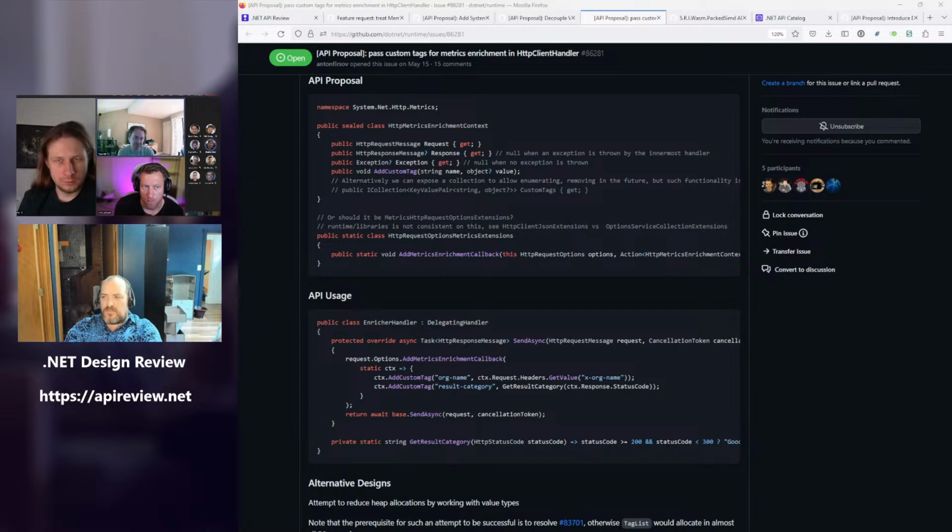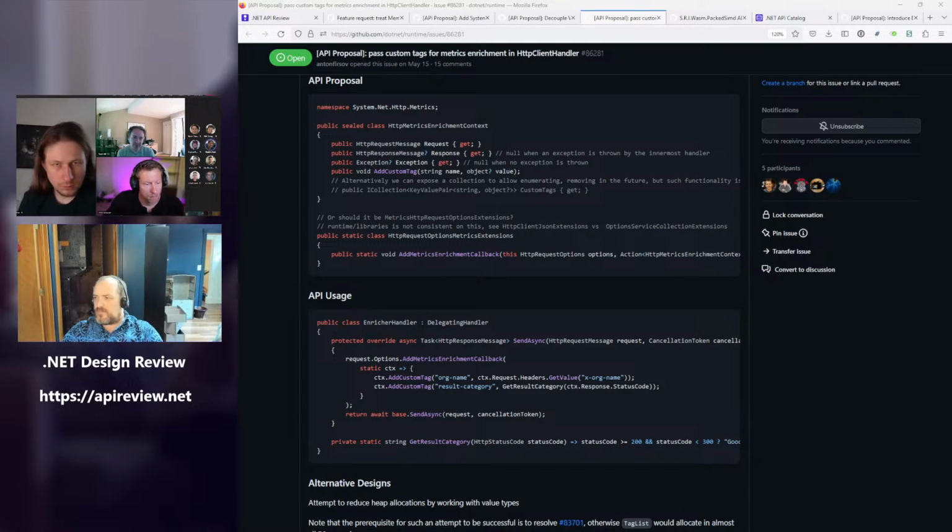But yes and no. It depends on whether you're considering HTTP metrics enrichment context to be part of this particular callback or not. If it's part of this callback, then that third party would be defining their own third party enrichment context. Right. In which case they could put the.